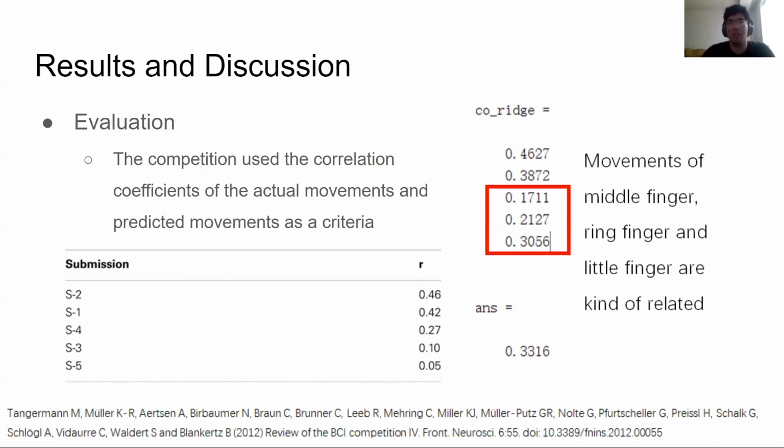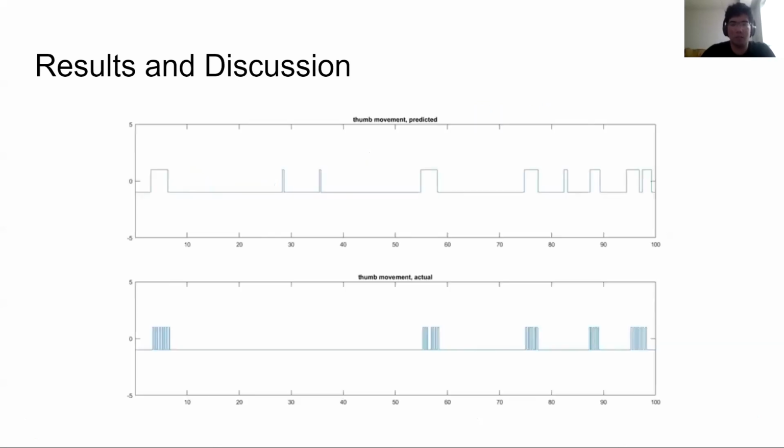I think it is because the movements of the 3 fingers are kind of related. It is almost impossible that you do not move one of the other fingers when you move one of these. So that's kind of why we get these results. Next, please. And this is a figure we get